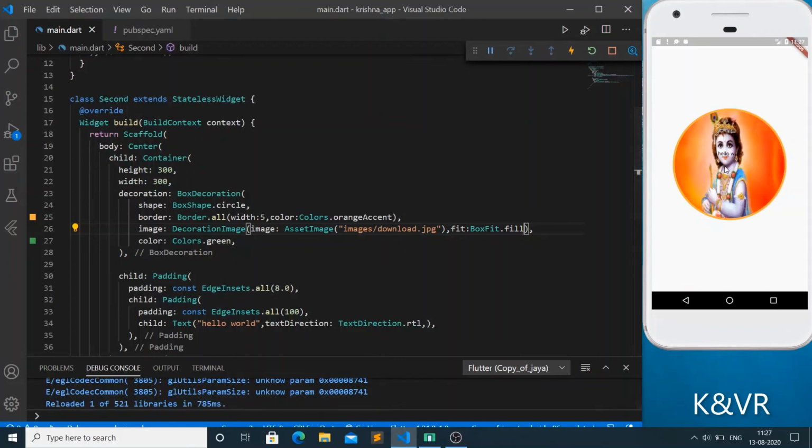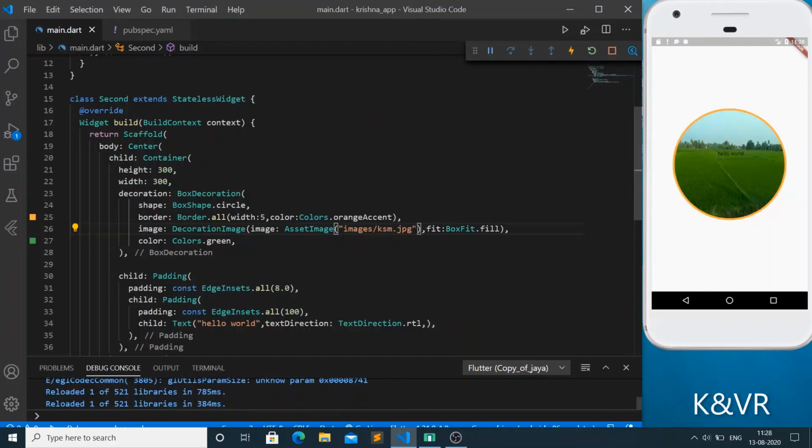It is taking the image to the entire circle, so it is looking good. Just I am changing to another image now. Let's see how it looks. It is looking bad, so I am changing to another image. See here, it looks good, so we have created the image in the container.